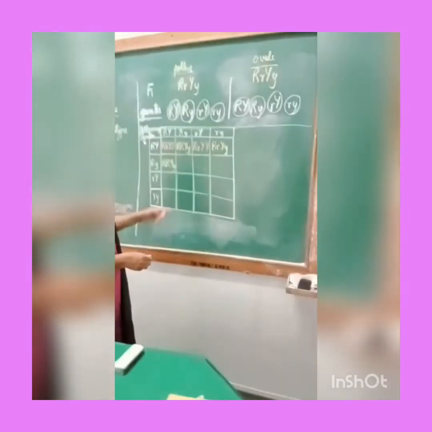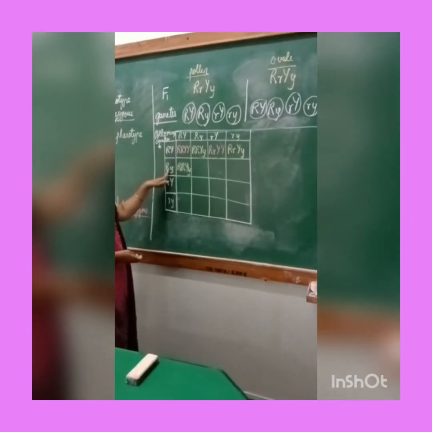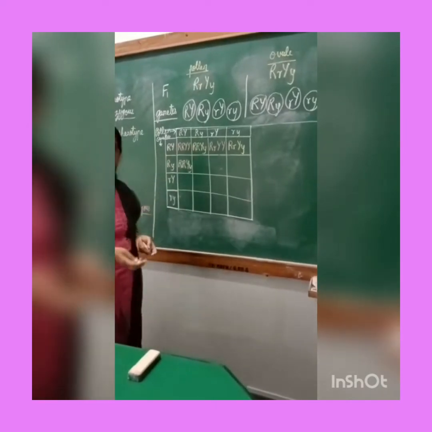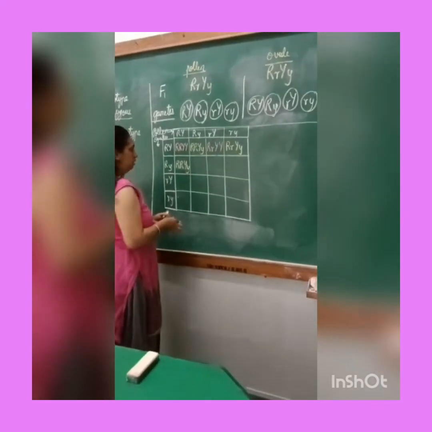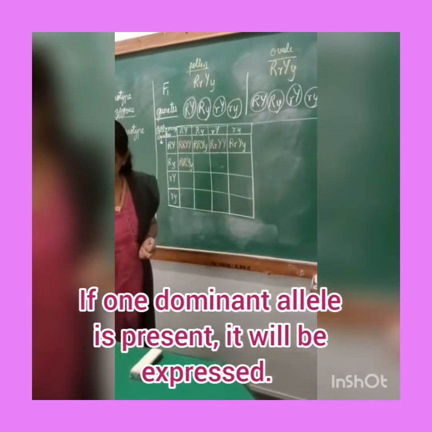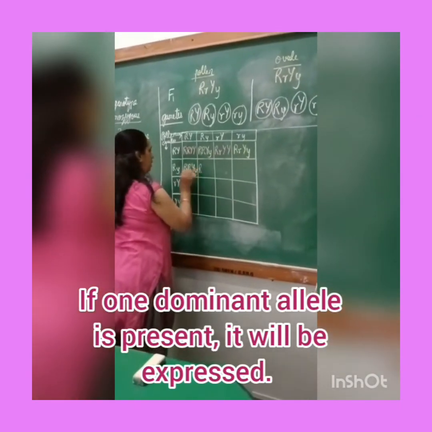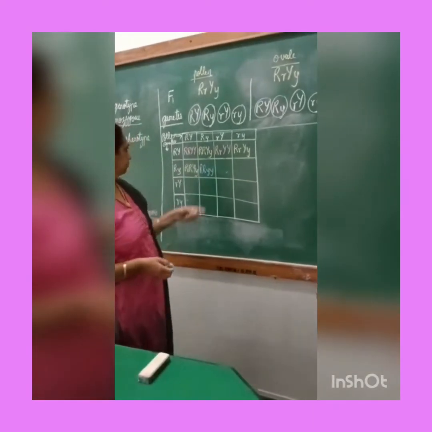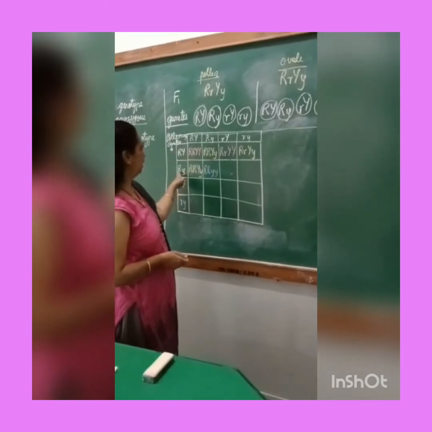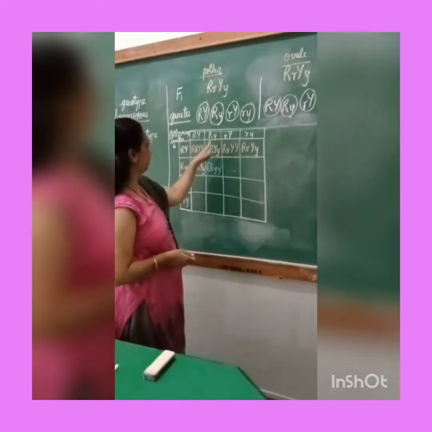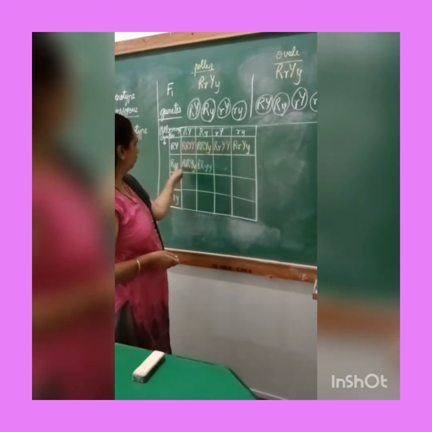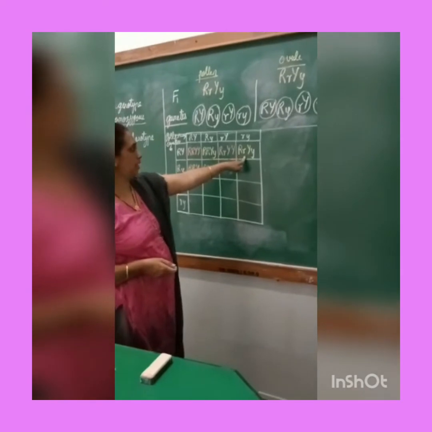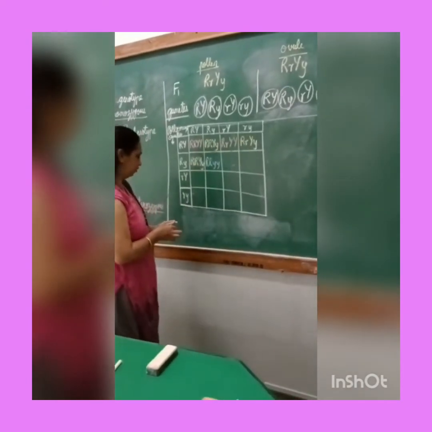Okay, now let us go to the next combination. Capital R, capital R. Okay, small y, small y. Till now we have not got this combination. Okay, so I'll take another color. Capital R, small y, small. Okay, third combination. Capital R, small y, capital Y. Do we have that combination? Over here you can see. One capital R, one small r, one capital Y and one small y. Let us write it.